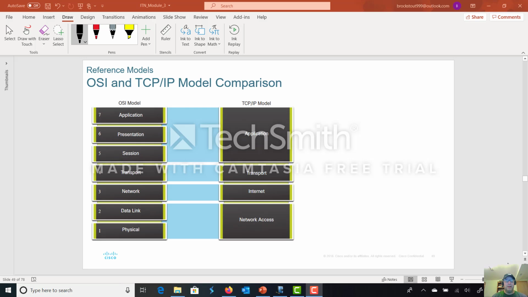We're going to go through the OSI model and the TCP/IP model here. You need to memorize both of these, and I'm going to draw the encapsulation model right next to them so that you can be aware of what's what. In my professional experience, the OSI model was the model that was always used as a reference for